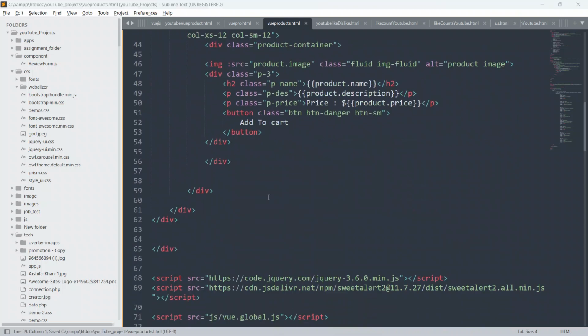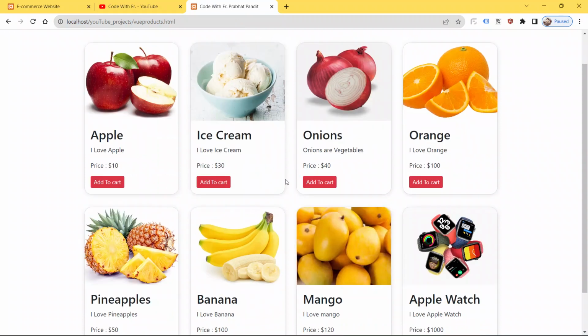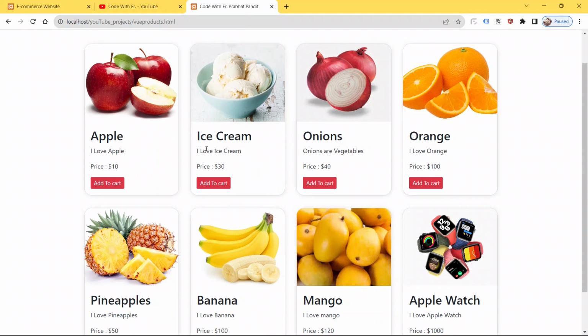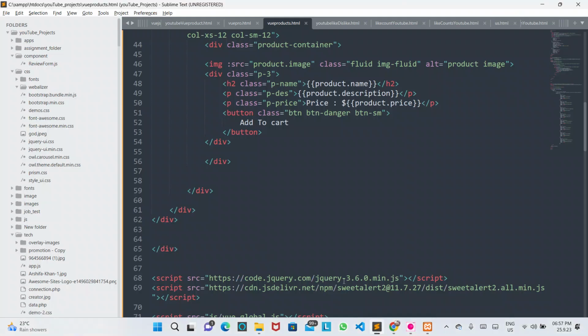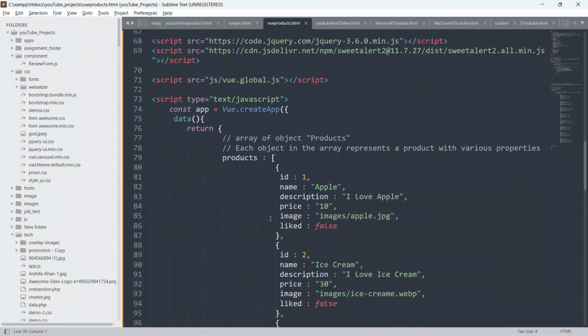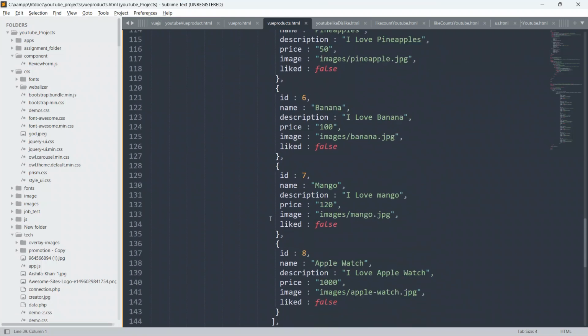Okay, so guys, now I'm gonna write guys the functionality. Whenever user is going to click the button add to cart, he or she should be able to add the product into the cart, and he or she should be able to remove the product from the cart also. Okay, so guys, now let's just go back to the code editor and write the JavaScript, or vue.js script also. We can say also script or vue.js script.